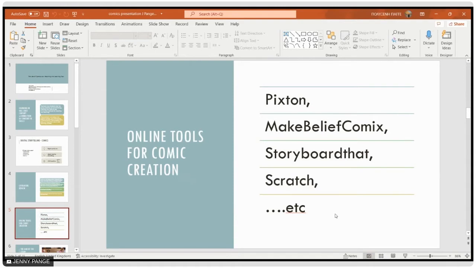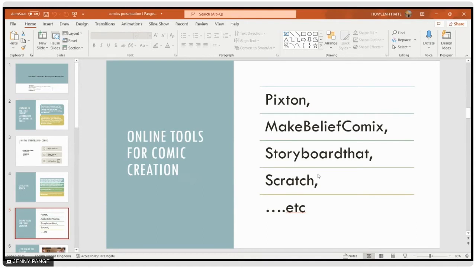So that is the problem when these online tools are free. We have Pixton, Make Beliefs Comix, Storyboard That, Scratch, and so on. Scratch differs from the others because Scratch also needs some kind of programming. That's why I start teaching students in that order.